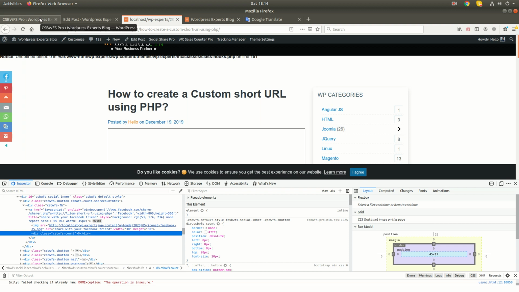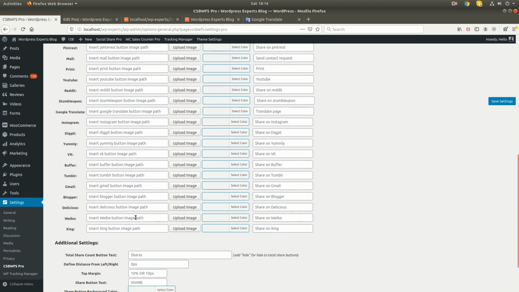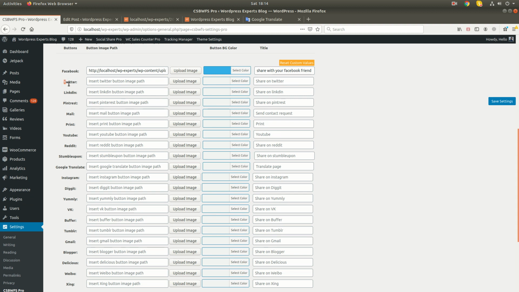So in the same way you can use all these buttons to define your custom image for any specific button. We have given the feature to upload an image button for all other buttons as well.